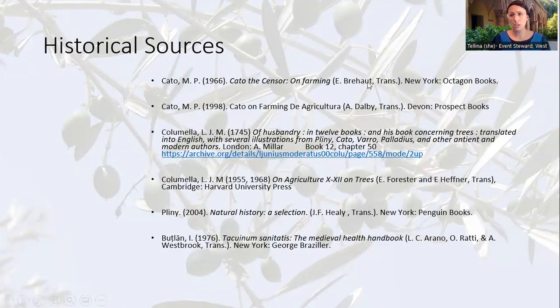Holding up our ancient Roman accounts are going to be Cato, whose name is Marcus Porcius Cato, or Cato the Elder. He wrote De Re Agricultura, or On Agriculture, on farming. You see it translated different ways, around 160 BCE. His work was widely read in his time and is referenced really heavily throughout Roman works. So we know that he was considered a peak of knowledge on this matter. Then we are going to look at